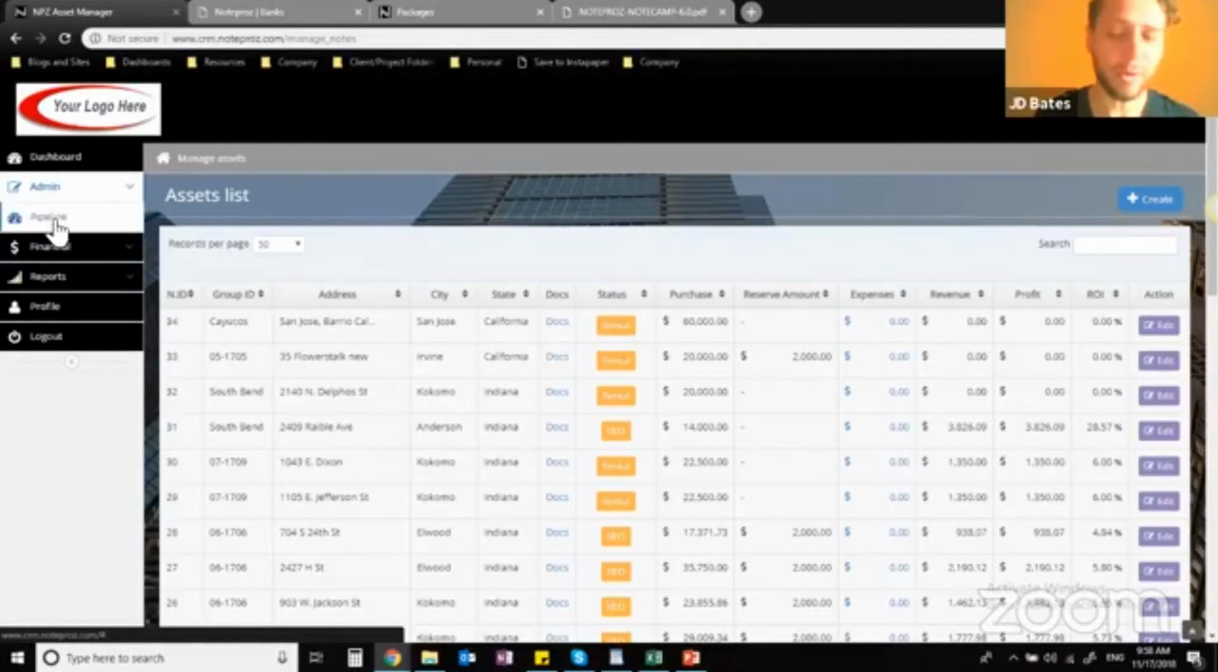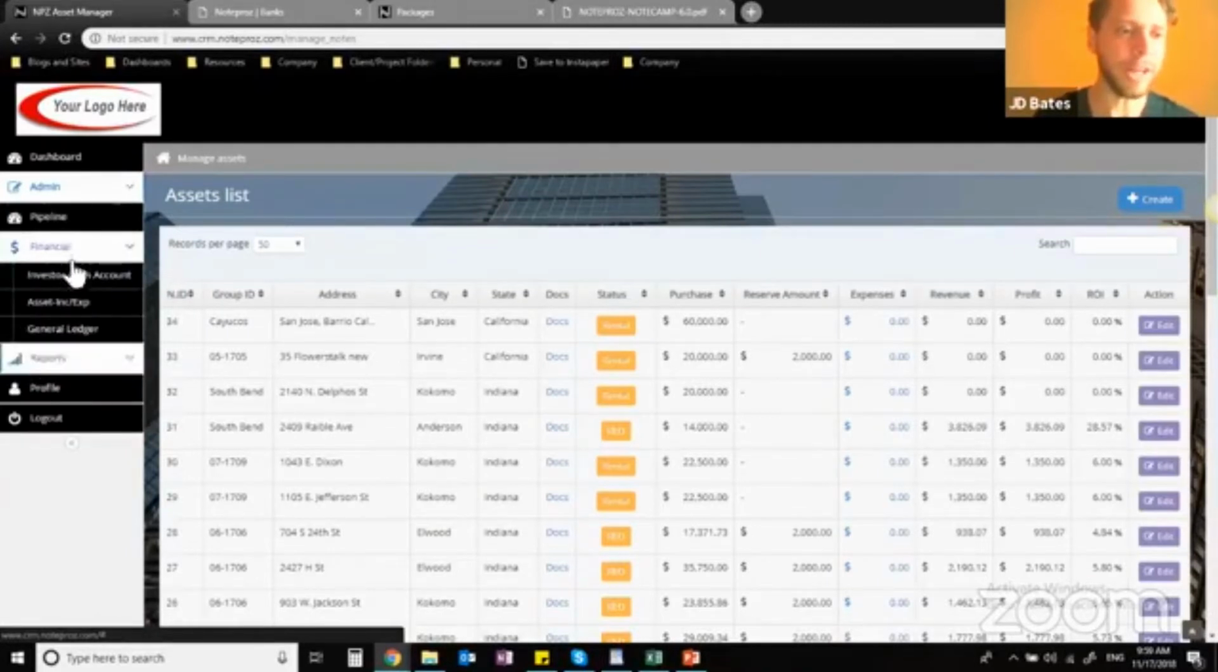Pipeline, this is something that we're working on that I will give you guys an update on later. This will be another level of the platform, but it's going to be great. It's basically going to work something like Pipedrive, but it's going to be totally customized for you guys. Over here on financial,